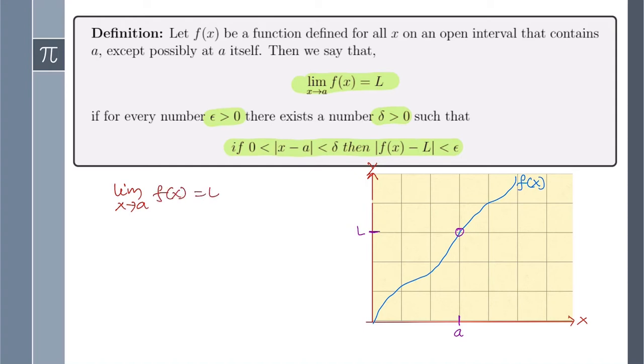When x approaches a from both directions, the function is approaching this point here, which is L. So the limiting value of the function is L. Now, what does this formal definition say? It says that if you give me some threshold, or a distance on the y-axis from L,